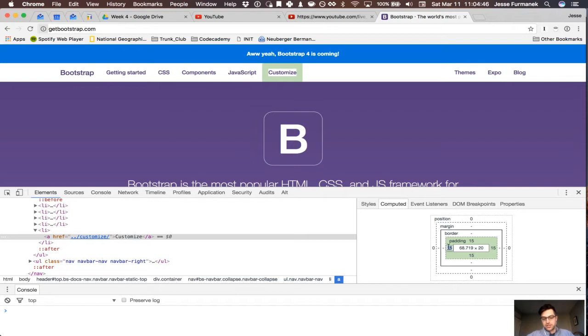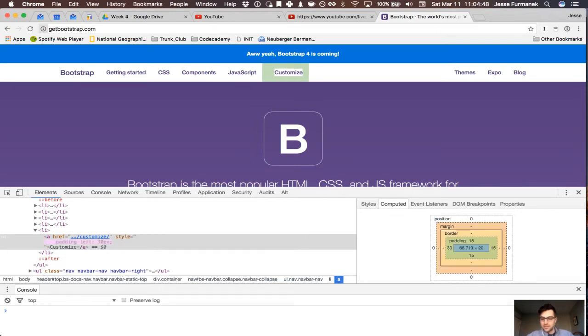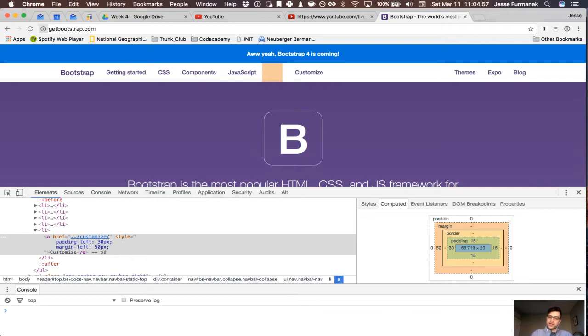One of the nice things about the Chrome dev tools is you can adjust these as you want. So you can make that Customize a little bit bigger. You can see what would happen if you were to add a margin to the left of 50. What's going to happen? Oh, boom, it gets shot over there, and you actually see what it looks like right there. And so one thing I would say, if you're having trouble understanding any of the box model or display and positioning stuff,